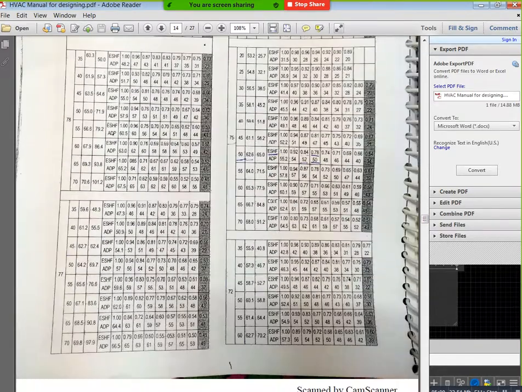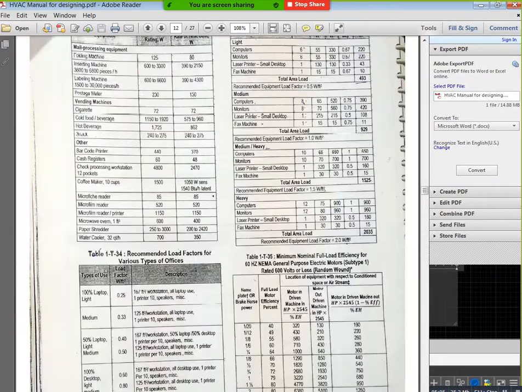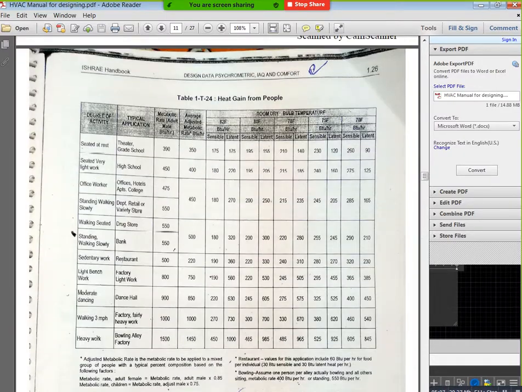See here, heat gain from people. At present, we are considering a residential building. Residential building means you can see apartments, tenants living condition. That's why you can see here apartments. Here we are calculating at 76 degree Fahrenheit room temperature. Okay, that condition is near to 75. Now that's why you can take 245 and 205. 245 for sensible heat, 205 for latent heat. Now we are calculating latent heat, so you can mention 205 here. Now you can mention totally 615 BTU per hour.